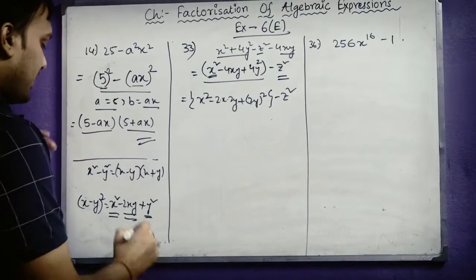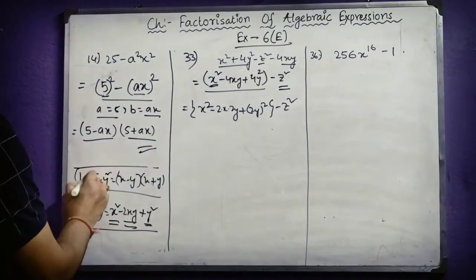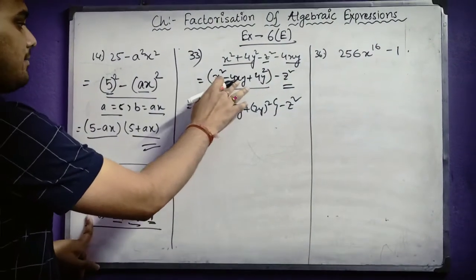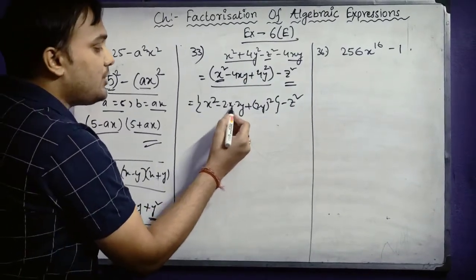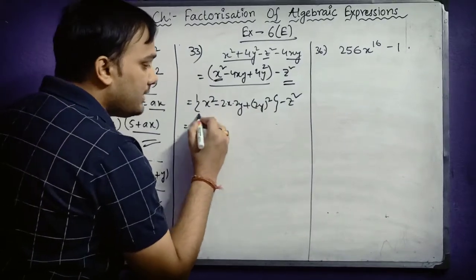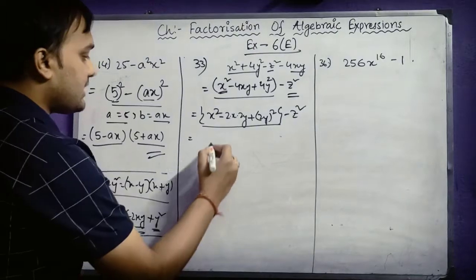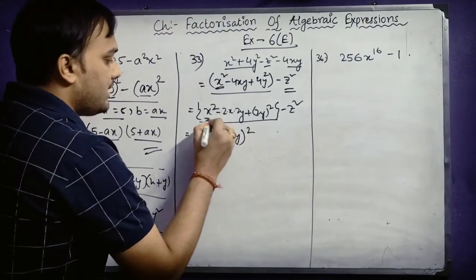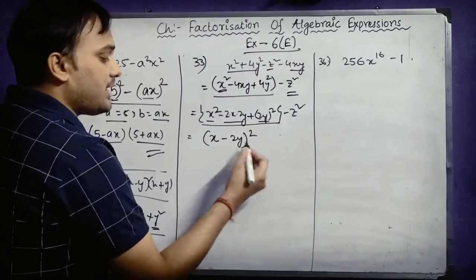So you can see I am applying the formula of x minus y whole square. So for solving this question, two formulas will be applied, number one and number two. You can see x square minus 4xy plus 4y square can be written as x square minus 2 into x into 2y plus 2y whole square. Now you just see this can be expressed as a whole square. That means it will be x minus 2y whole square, because this is x square minus 2xy plus y square, that means x minus y whole square.